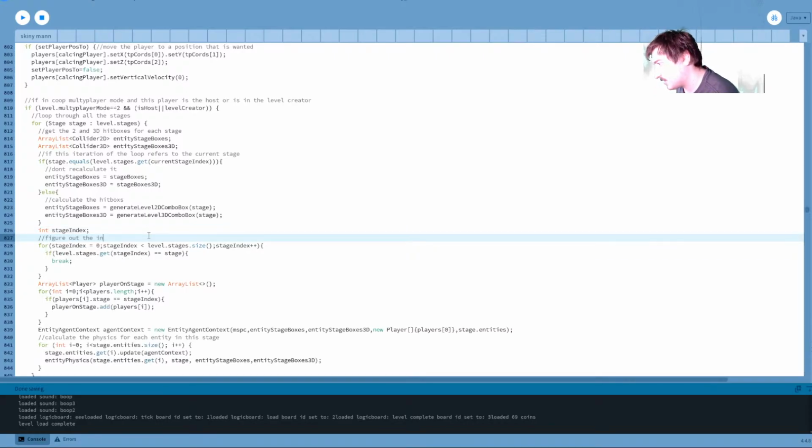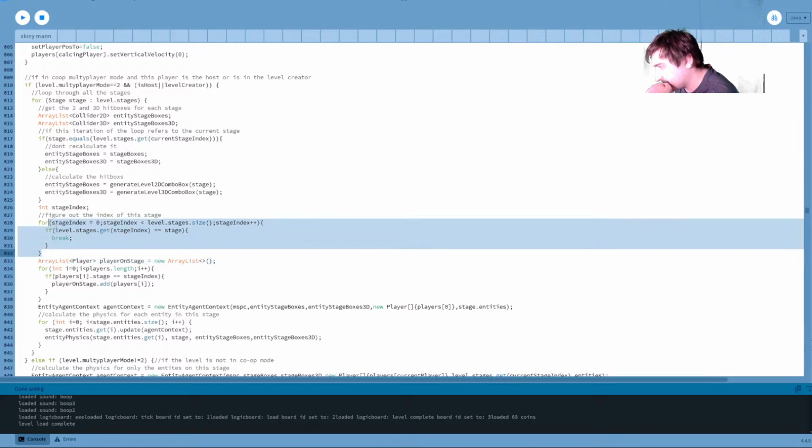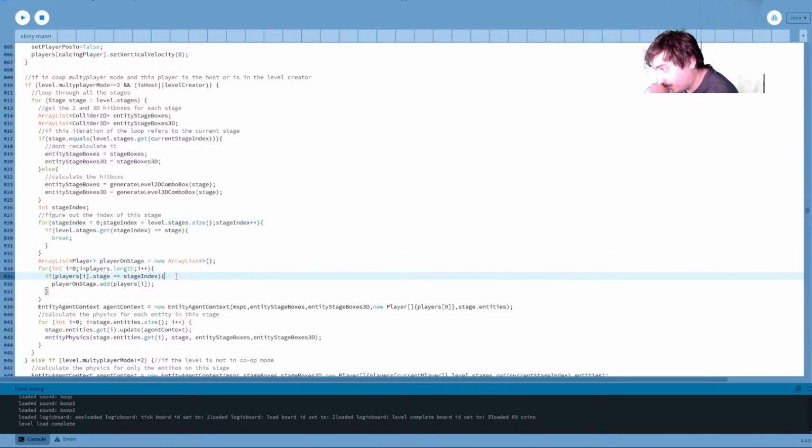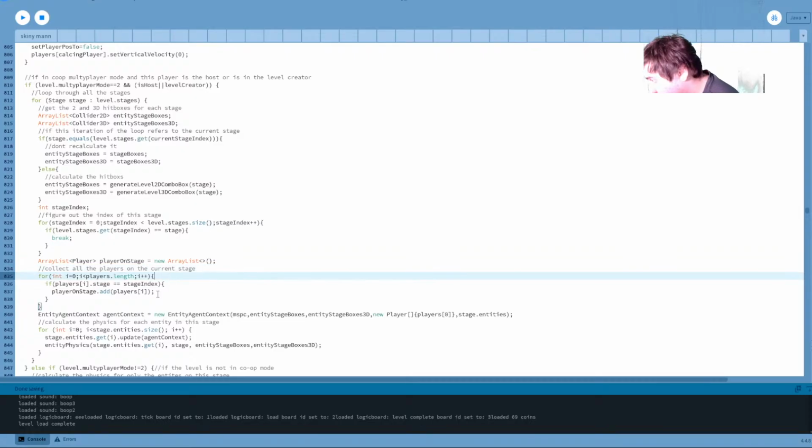Figure out the index of this stage. It's probably something I could do in the array list to get the index. Oh well, this is what I did, because I can't be bothered to look it up. Collect all the players on the current stage.